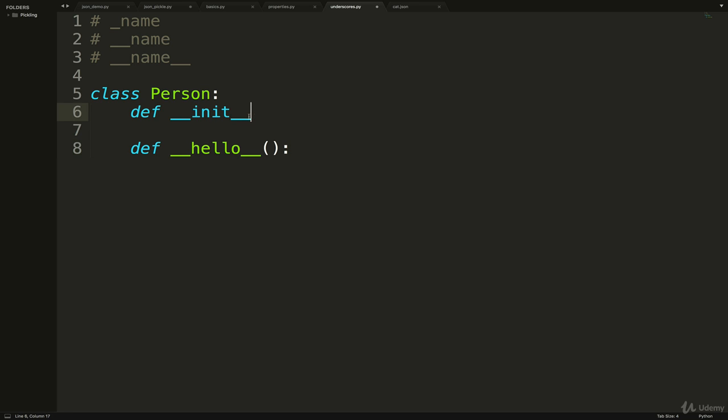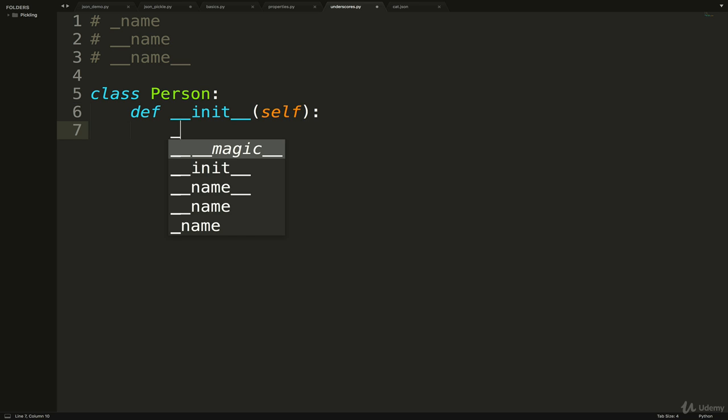The whole goal is that we only define these when we're actually referencing or overriding something that exists in Python, a special dunder method like init. So you don't go around just defining your own methods willy-nilly that are dunder methods. These are special things that Python looks for. For example, it always looks for the dunder init method in a class when it tries to instantiate a new instance of that class. So you don't want to go defining those. That's the simplest one. Those are just magic methods. We talk a lot more about them later in the course, but just don't venture out and make your own dunder methods.